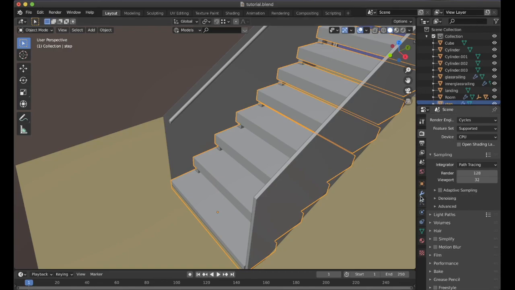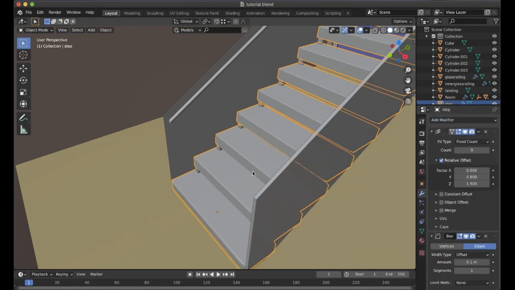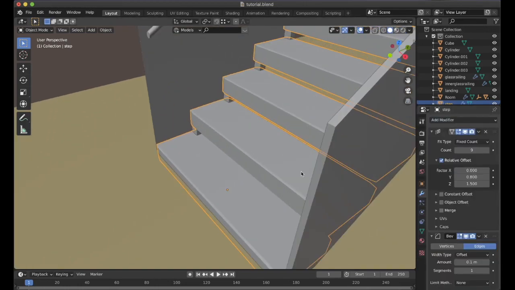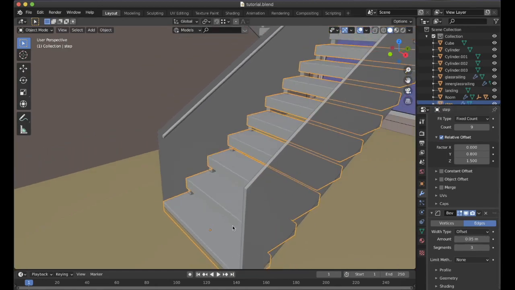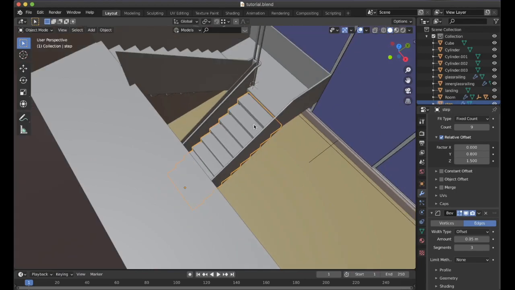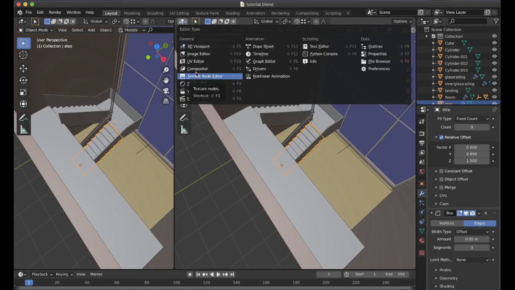So to do that, what I will do is I will go over here and press the bevel modifier. This has given it an automatic beveling on all sides. I will change the amount to 0.05 and segments to 3. This will look fine. Now let's add the first material, that is the step material. All these materials that I'm taking are PBR textures which have been downloaded from Share Textures and they are free to use. I will give a link of them in the description below and you can download it from there.